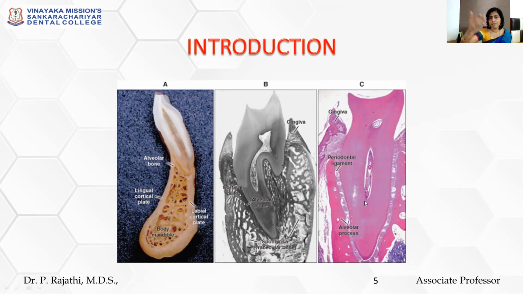This depends on where you're going to make the section exactly. So if you make it exactly in the center, you'll get a proper pulp portion, and then the periodontal ligament outside, which is going to be the alveolar bone. All this we'll deal with in the subsequent slides.